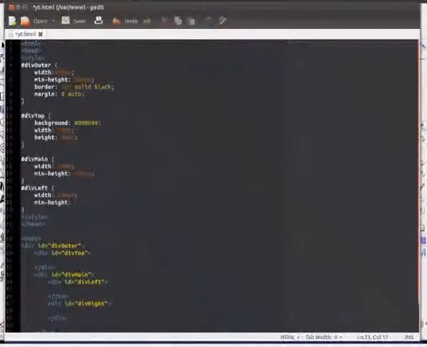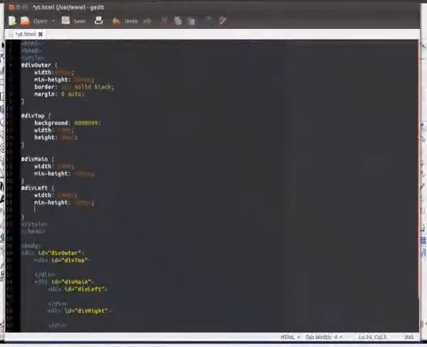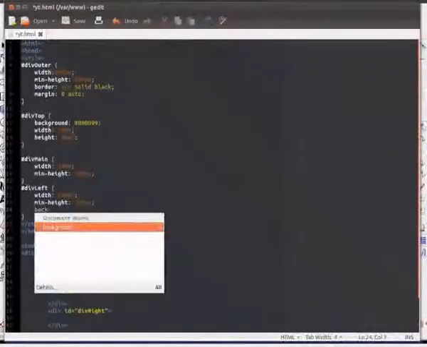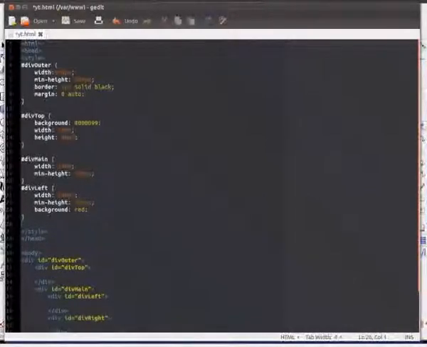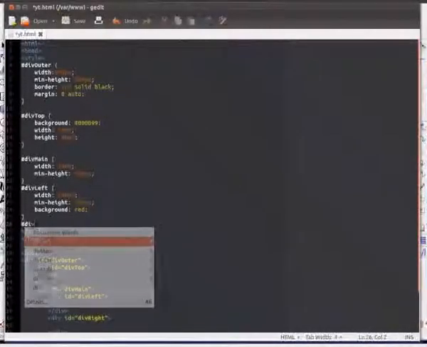If you need more space, it should be growing, and a minimum height of 400 pixels. It doesn't really matter, and once again there are no borders for this, but I do want to give it a background color of red. Alright, and that's done. So similarly, let's make the other div, the right div, hash div right,